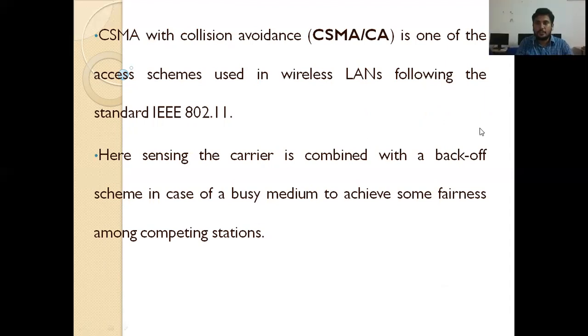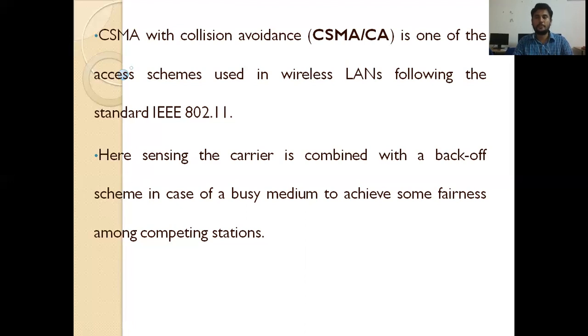Collision detection is very useful in wired communication, but in wireless communication, collision detection is not possible. Why? Because wireless uses air or vacuum as a medium, whereas wired communication uses wire or fiber optic cables. In wired communication, the station can send signals to identify a collision, but that is not possible in wireless. For that purpose, CSMA/CD is not preferred in wireless.